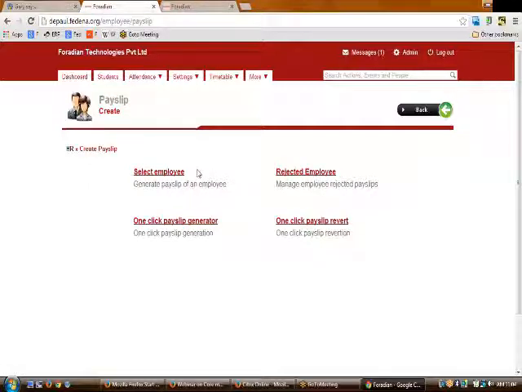Now, once the person in charge of HR has proposed a payslip for this particular employee, it's upon the person in charge of finance to reject or approve the payslip. So to reject or approve a payslip, you need to go to the finance link, and in the finance link you will be able to approve or deny a payslip for a particular person. If the salary has been approved, that would be seen from the transactions part, but if the payslip has been rejected, then this will be available in the rejected employee